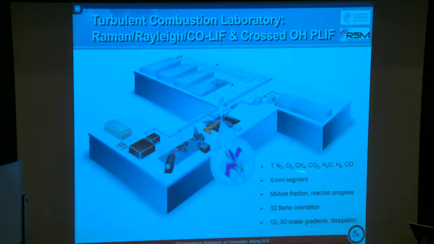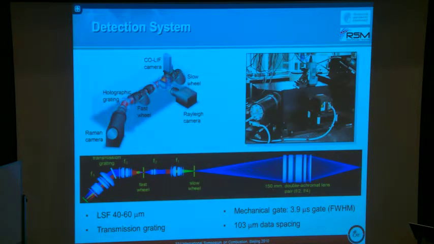And then you get a 6 millimeter segment with 100 microns resolution along the line, and the diameter is something like 1/e² in the order of 150 microns or so. And then you can as well, in principle, get these gradients. So they have a very similar setup here with this